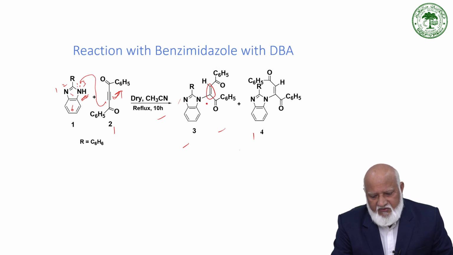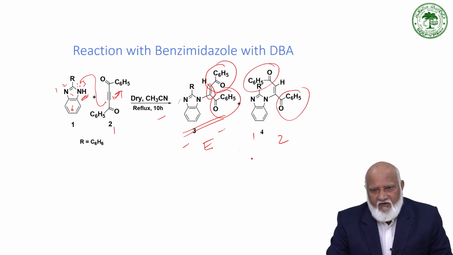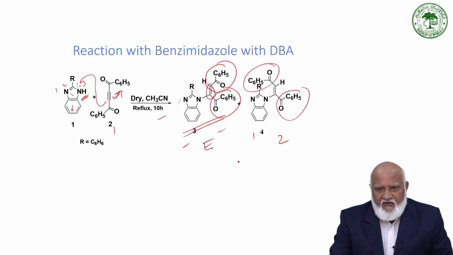So it is an N-dibenzoyl benzimidazole, with two isomers E and Z, where the two benzoyl groups are on the same side or on different sides, and it is a mixture of the two,